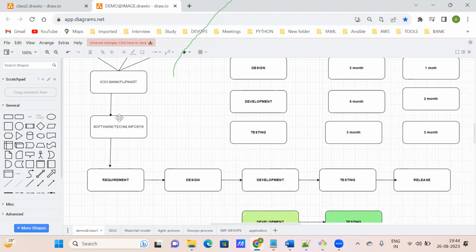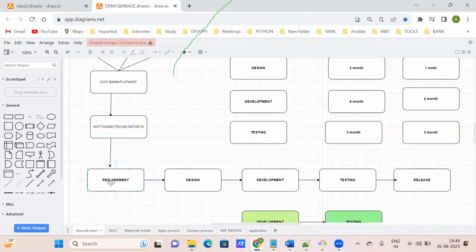We give it to a software company to build that product or project. We give the requirement to a project lead, and they divide it into these phases. First phase is requirement gathering, second is designing, third is development, fourth is testing, and then release. This release contains your deployment and maintenance after deployment.